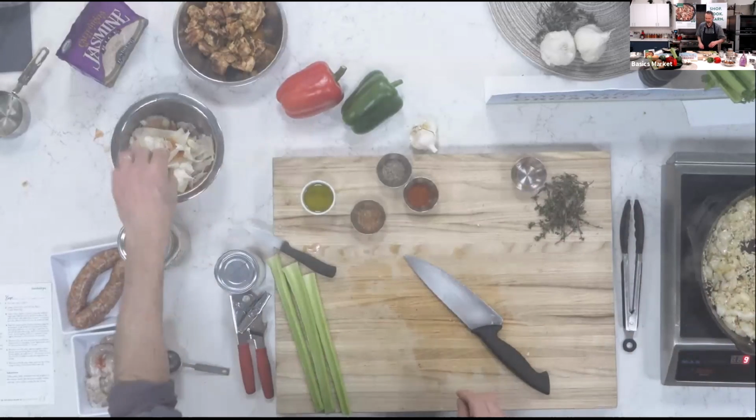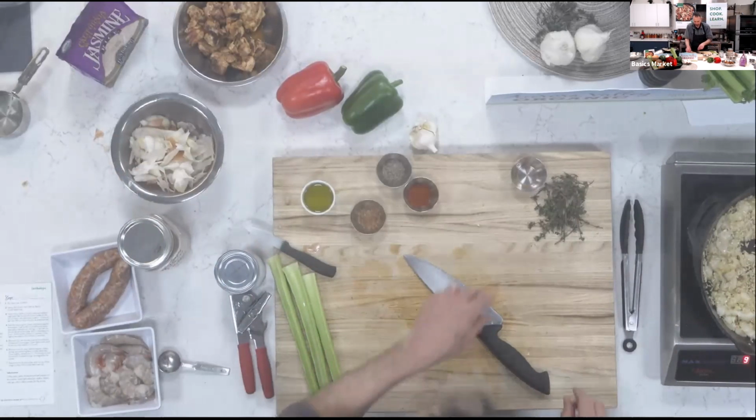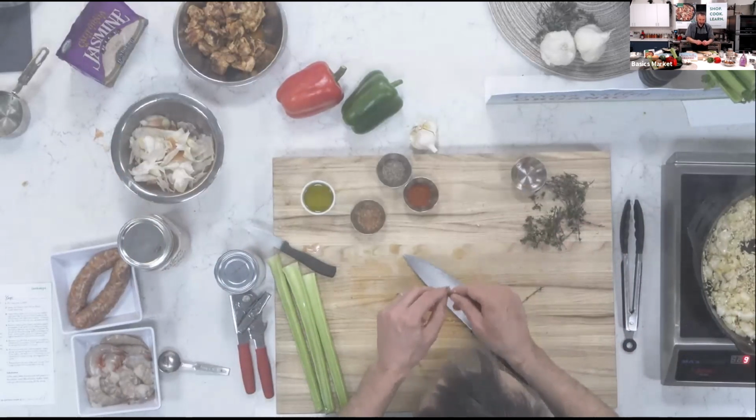It should be fine. So at this point, you're going to put your bay leaves in. We're going to put in a little bit of thyme. So thyme